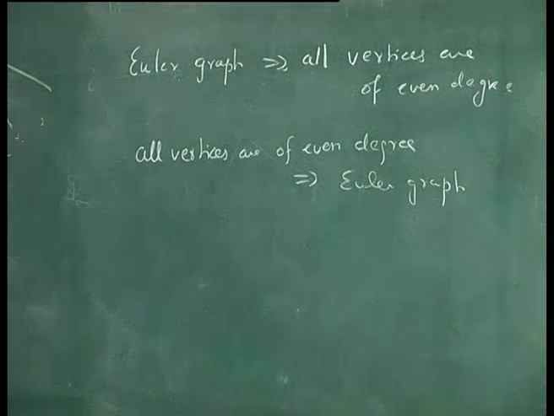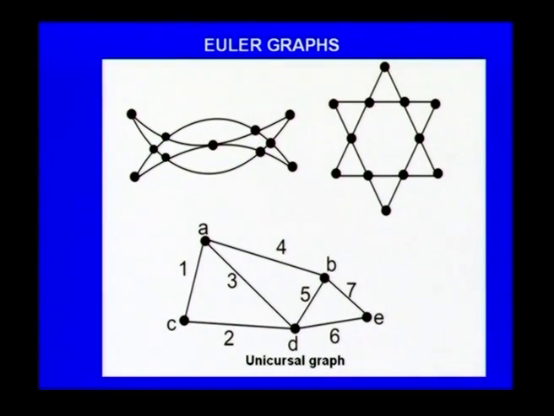So, we have seen what is meant by an Euler graph, and some examples of Euler graphs. Look at this. This graph is an Euler graph. You can see that each vertex is of even degree. Here, starting from here, you can traverse like this and have a closed path. Then again, starting from here, continue the closed path and end here. So, this has got an Euler line, so it is an Euler graph.